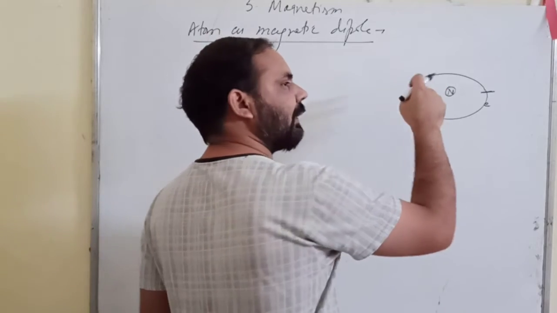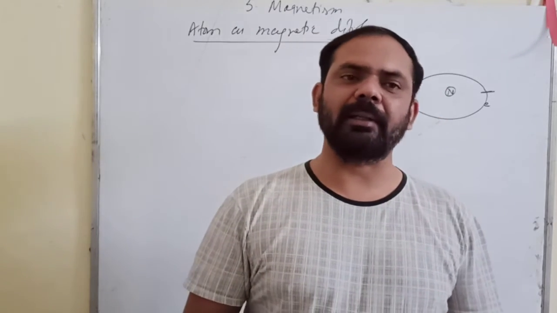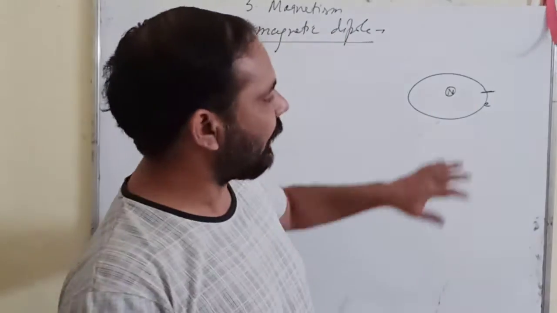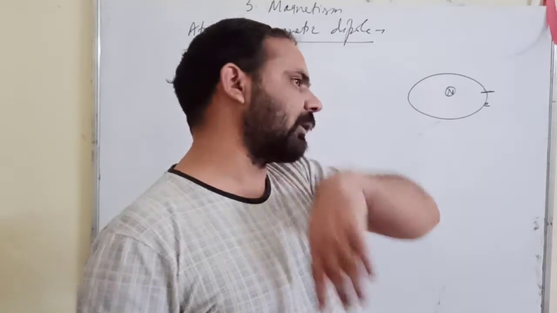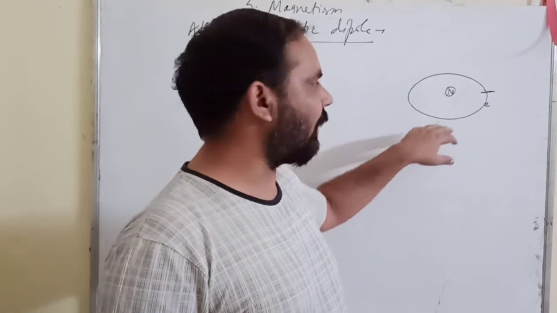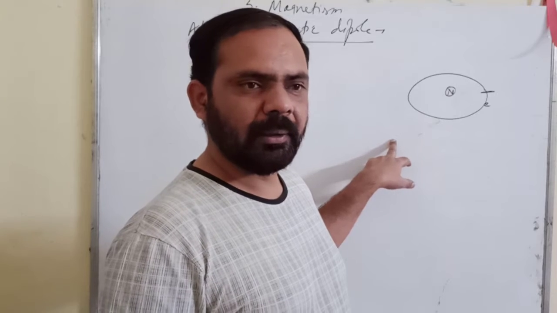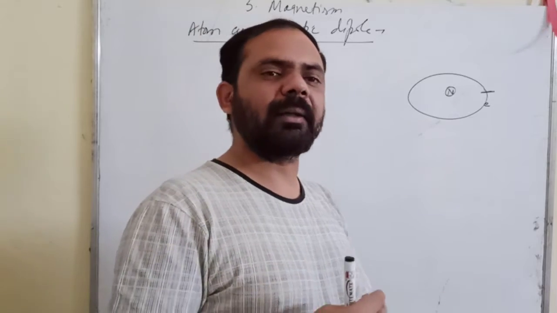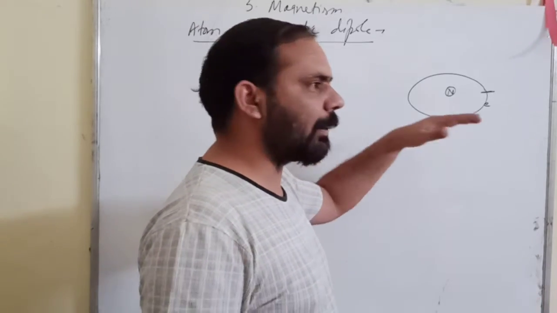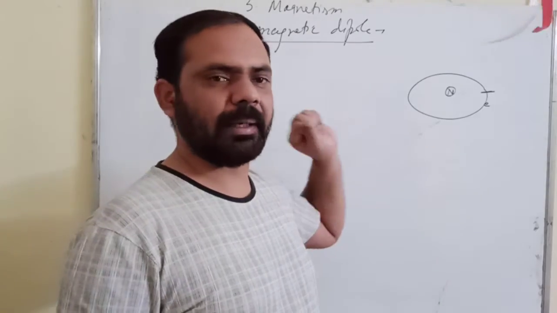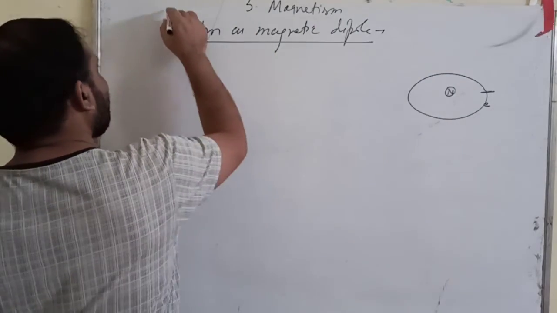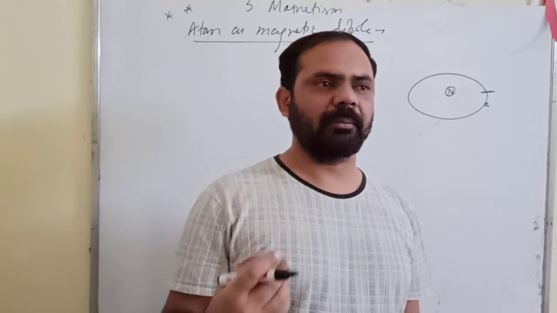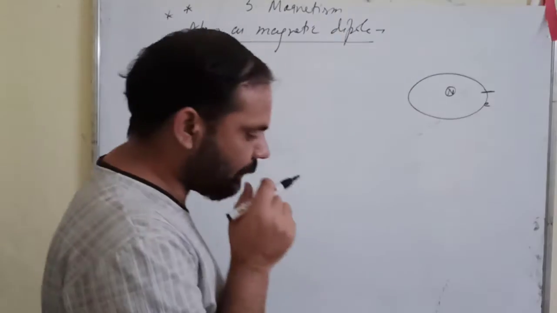If a magnetic field is there, it is the result of the magnetic dipole moment. So simply, an electron revolving around the nucleus on its orbit creates some dipole moment in the atom, and that dipole moment creates the magnetic field. So how much is that dipole moment? We are going to obtain the expression for that, and this is an important topic. Okay, obtaining the expression for dipole moment of an atom, right?